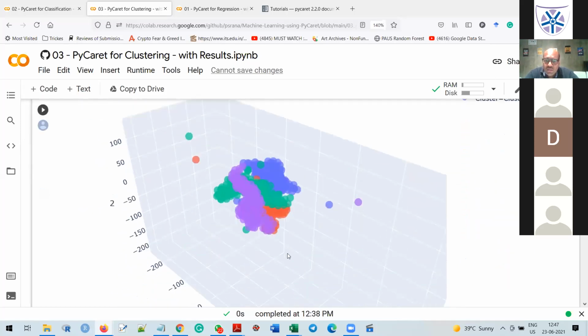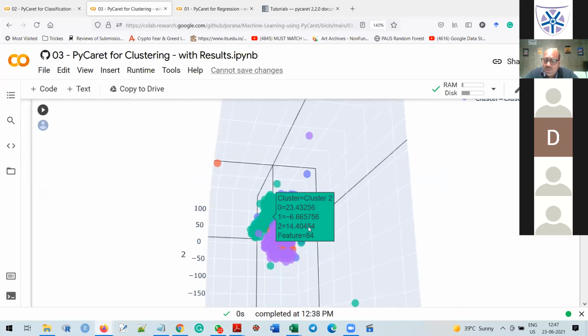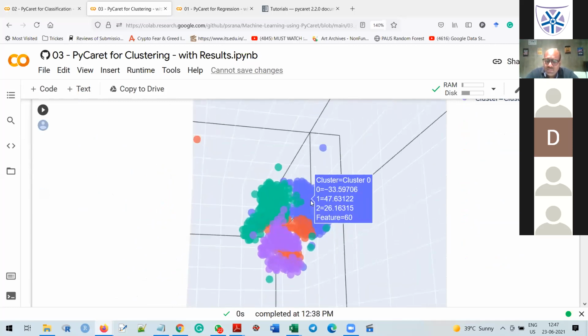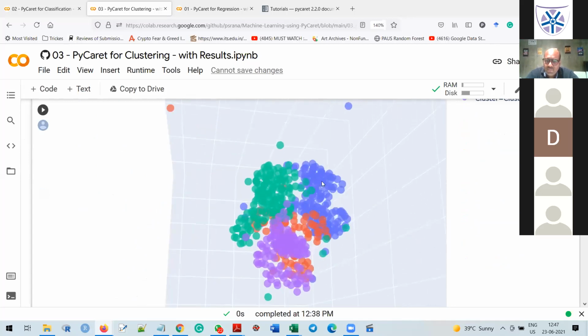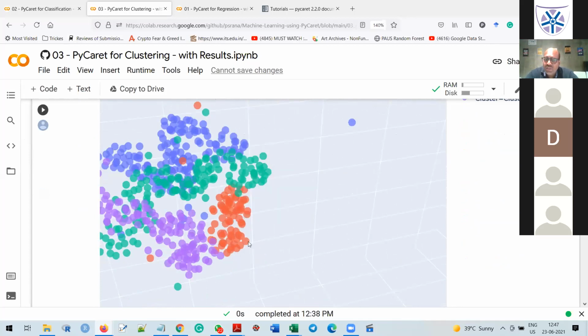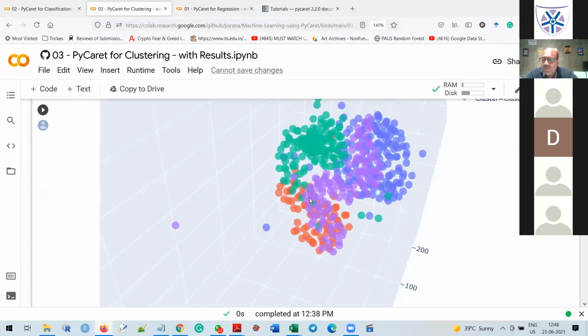Now this is a beautiful graph that is plotted. Now you can zoom it, and you can move in different dimensions.